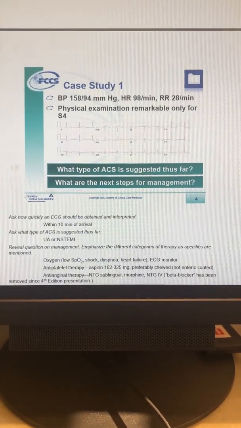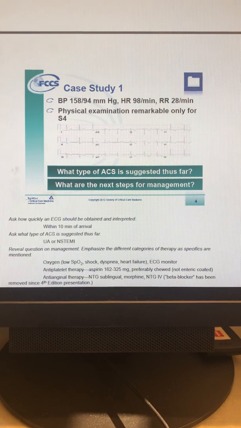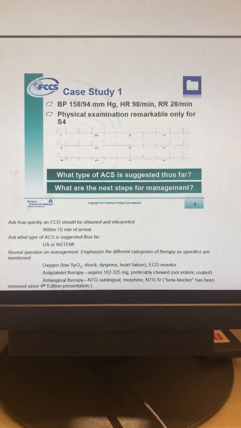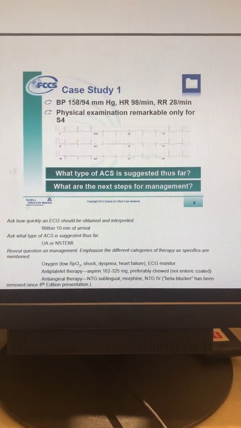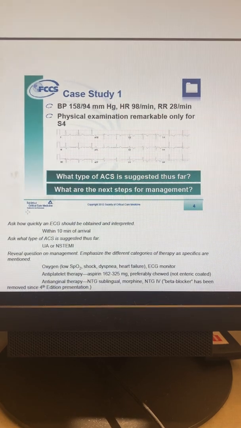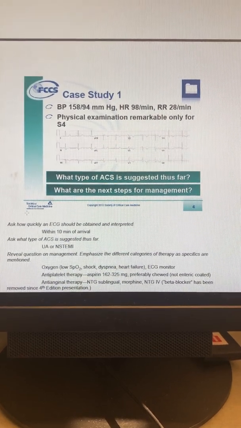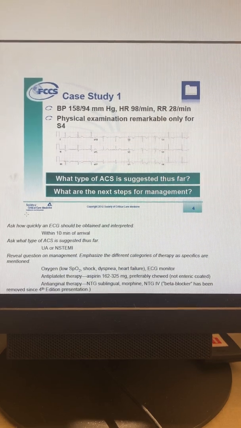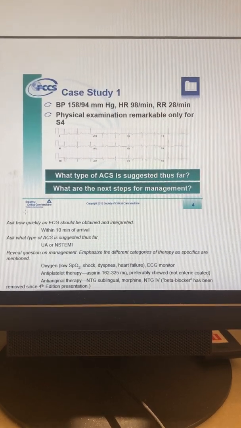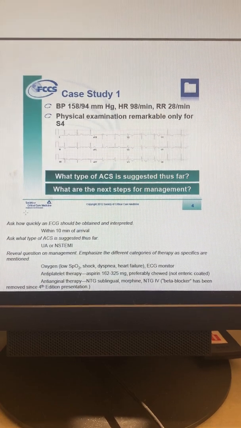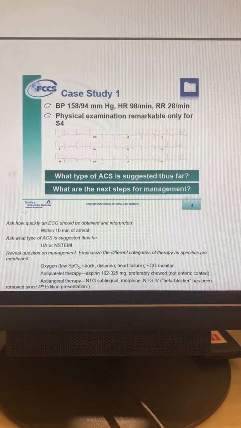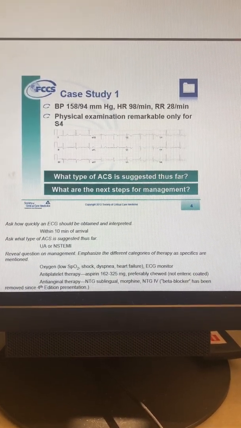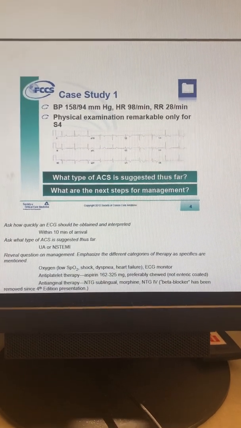So we're dealing with non-ST elevations. Under that category, we have to determine whether this patient has unstable angina or a true ST elevation MI, or non-ST elevation MI with elevated cardiac enzymes. So the EKG helped differentiate that this is non-ST elevation MI, and the next steps in management would be giving